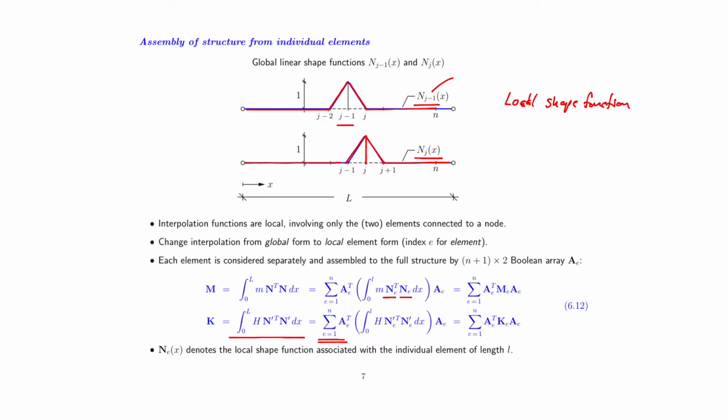for a given element. And this would, in our case, for example, represent an element from node j-1 to node j. And as we see, the only two non-vanishing shape functions for this element will be two linear functions, one with an inclination in one direction and one with an inclination in the opposite direction. The first one has a unit value at the first node, whereas the second has a unit value at the second node. And these linear shape functions we will add to this local interpolation function,